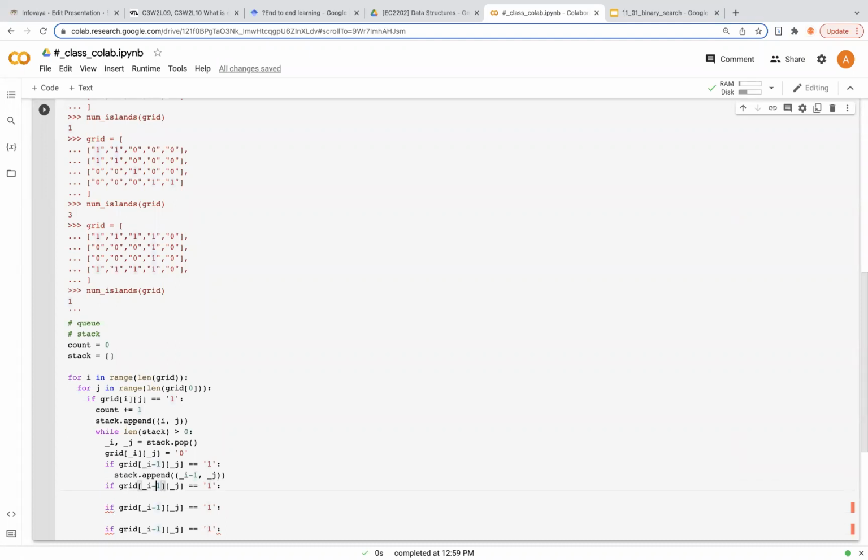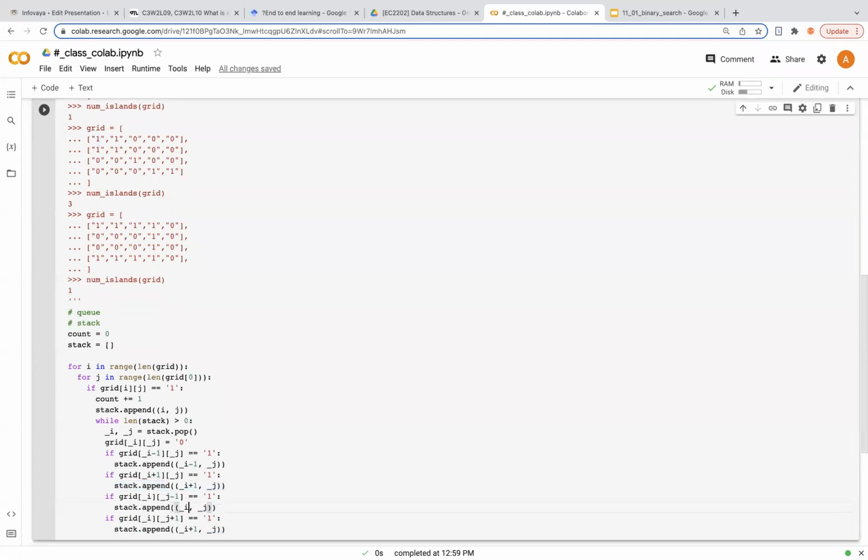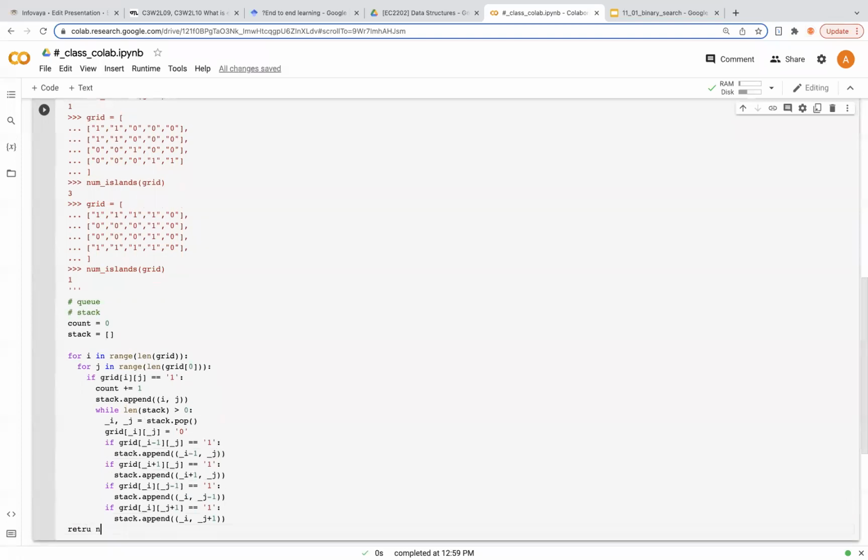So the next thing we're going to do is check the upward neighbor and the downward neighbor, like this. However, what we're going to do is return count. However, there is one caution you need to be careful about: sometimes